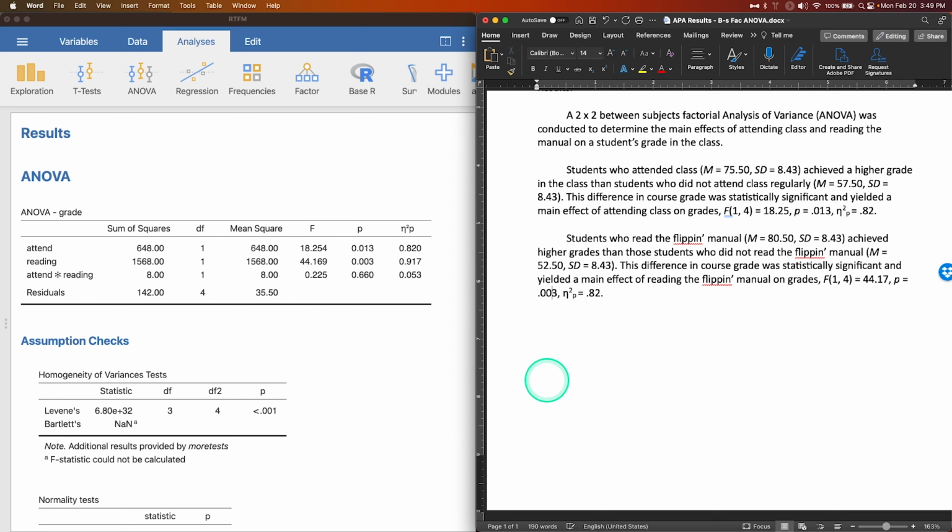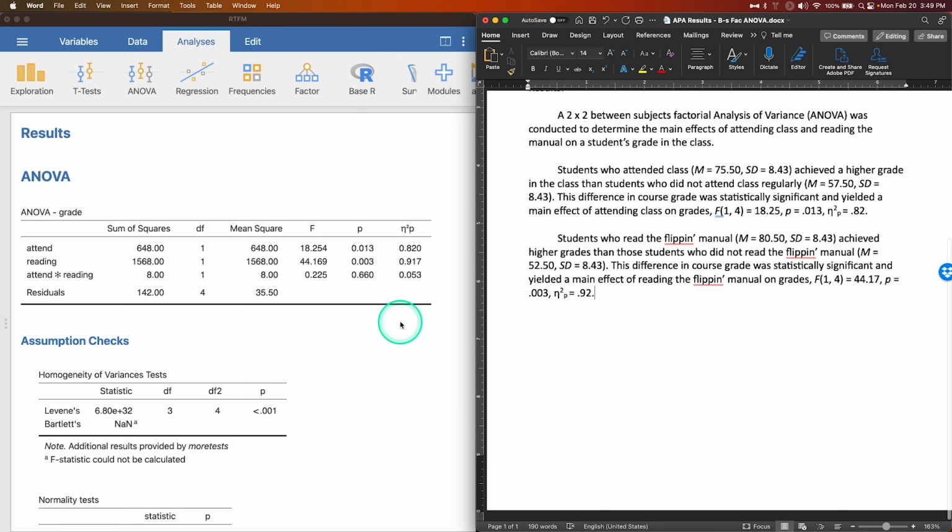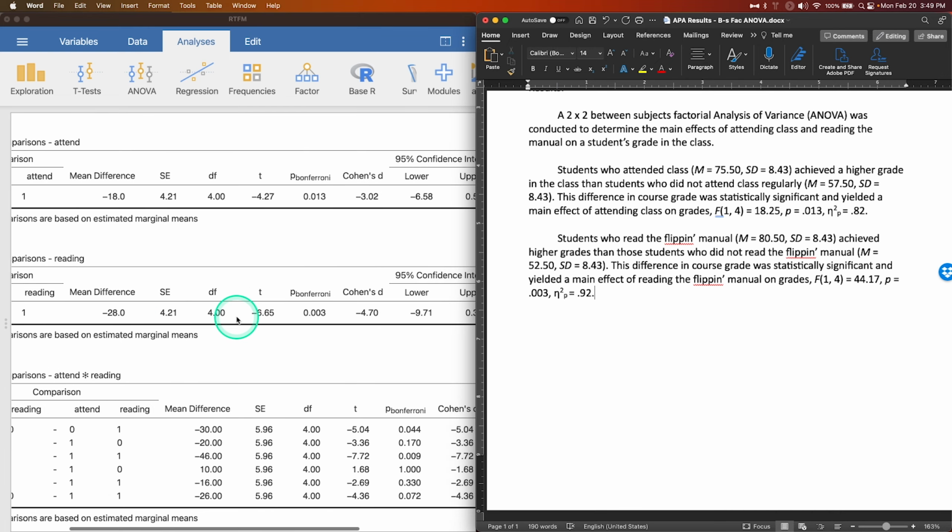So let's change this 1 to a 3. And then partial eta squared is 92. I only had to do one change there. All right, so we could translate this difference here by using the Bonferroni corrections and getting our Cohen's d, but